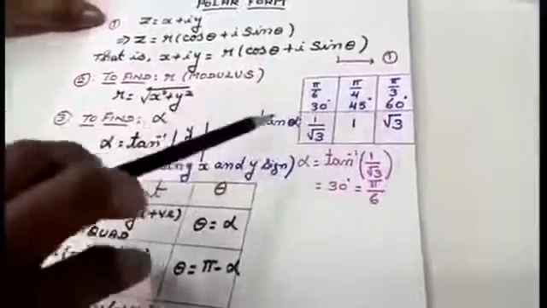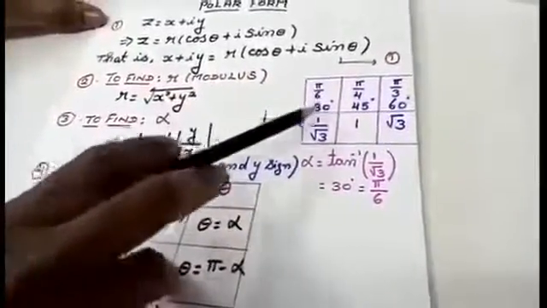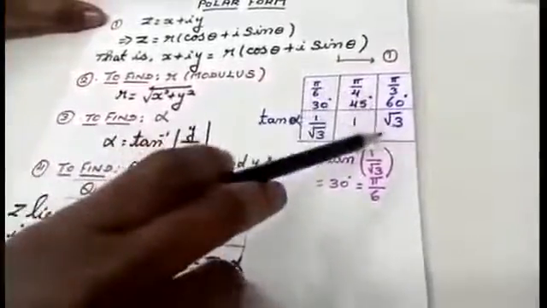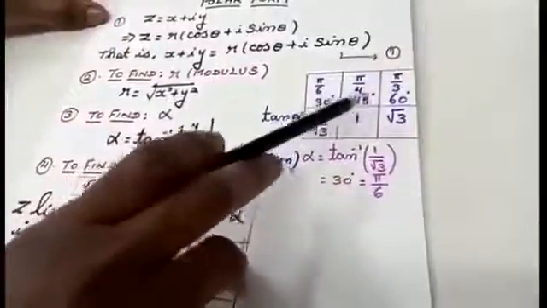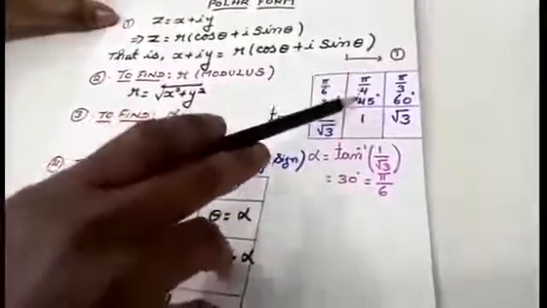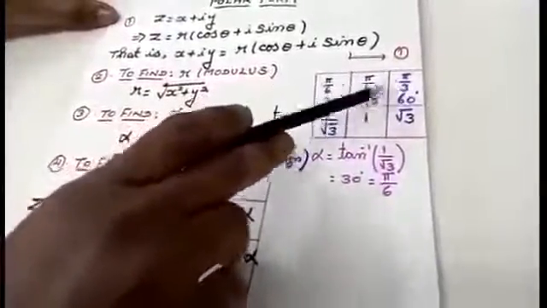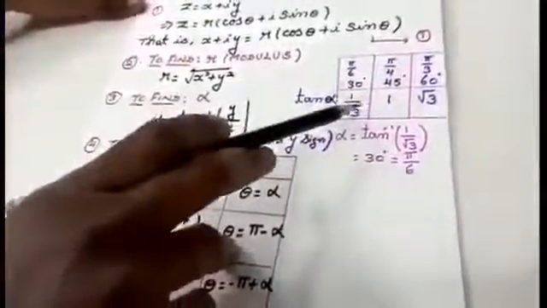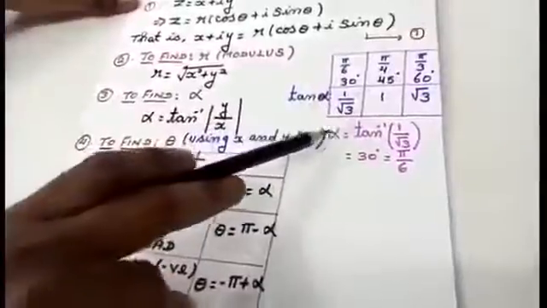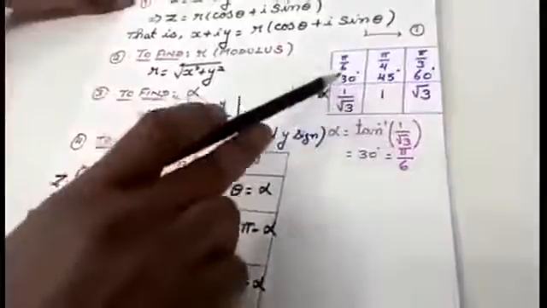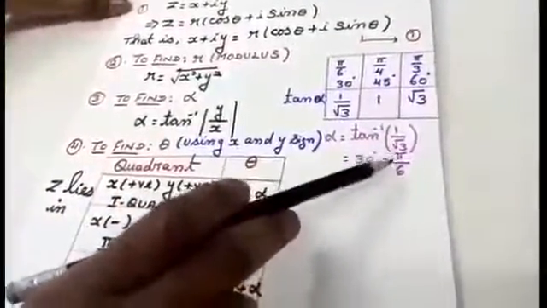What is the value of tan alpha? Tan 30 degree is 1 by root 3. Tan 45 degree is 1. Tan 60 degree is root 3. These 30, 45 and 60 can be written like this: 30 degree is pi by 6, 45 degree is pi by 4, 60 degree is pi by 3. In place of alpha, maximum I will be getting only these values. Suppose you get alpha equal to tan inverse of 1 by root 3, what is the corresponding angle? 30 degree. This 30 degree can be written as pi by 6. This is the procedure you will be doing in your sum, students.